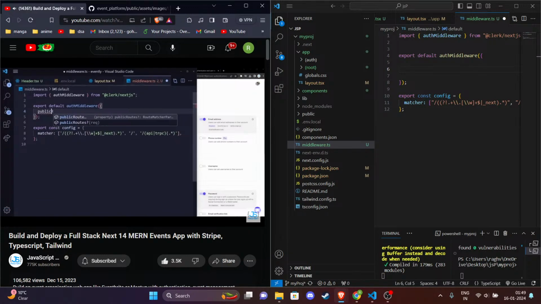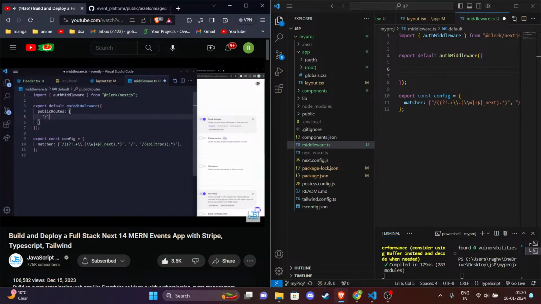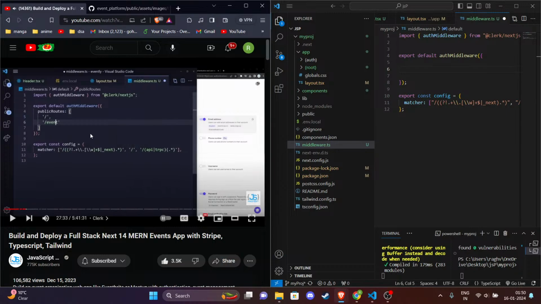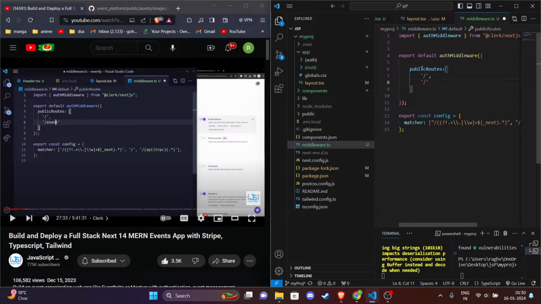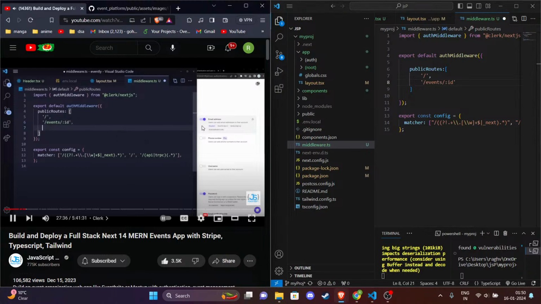We can do that by saying public routes is equal to an array of /. We're going to also have /event, events/ and then the ID of that event. The next one is /api/webhook